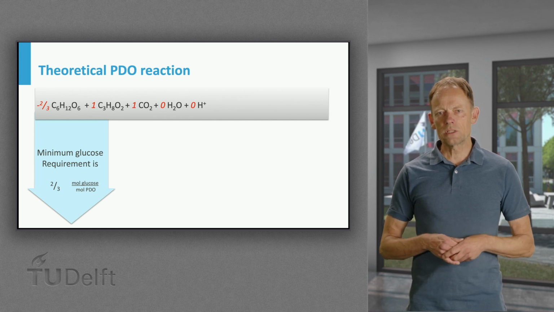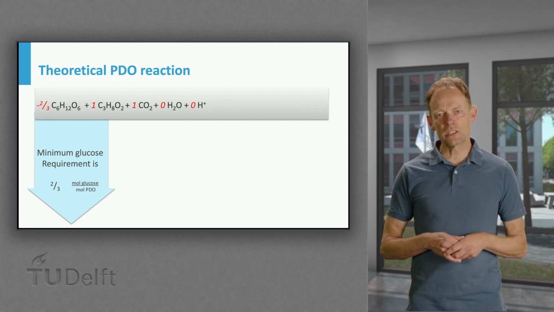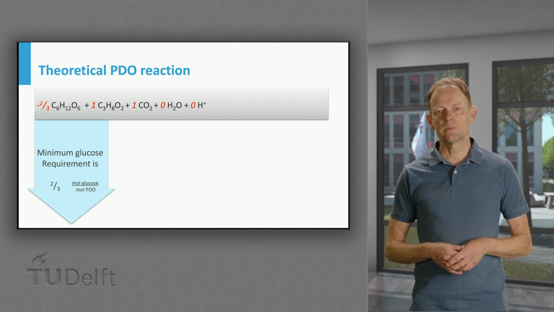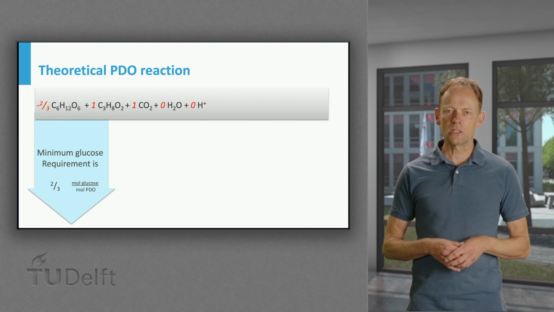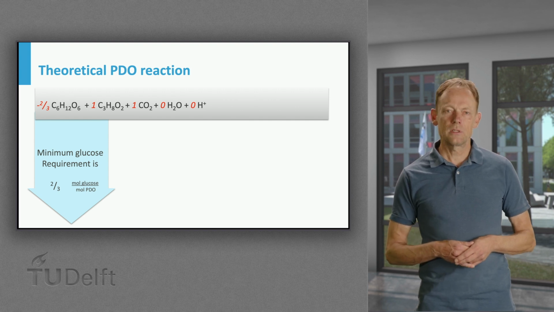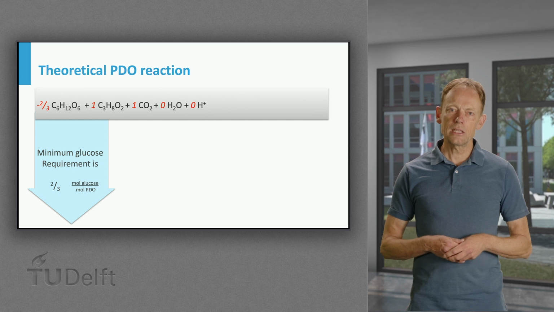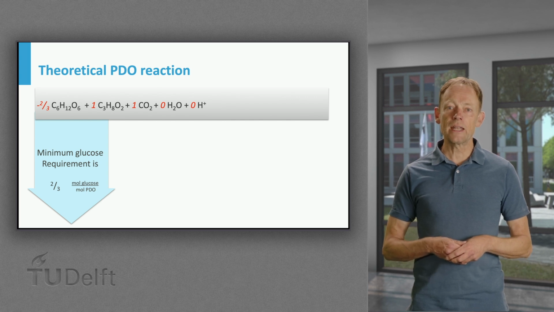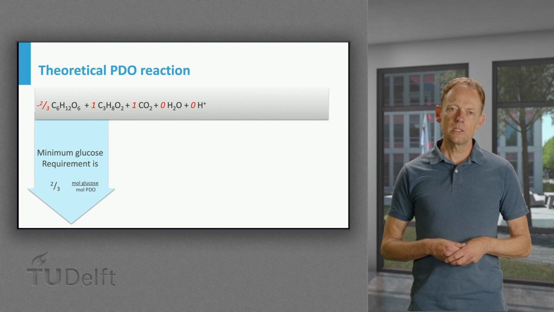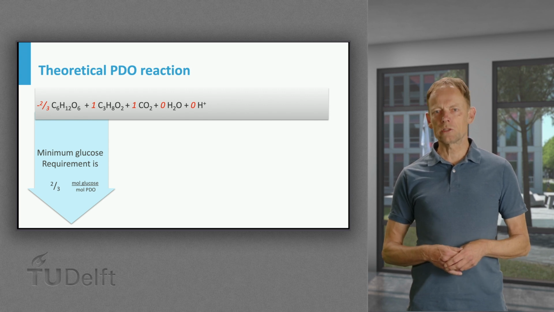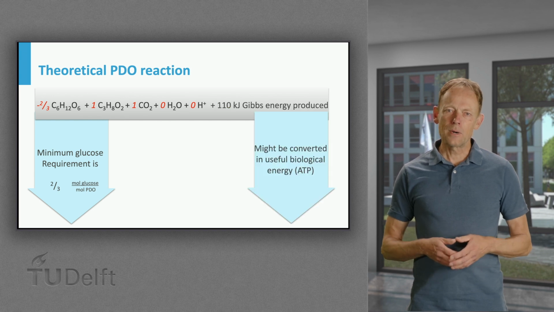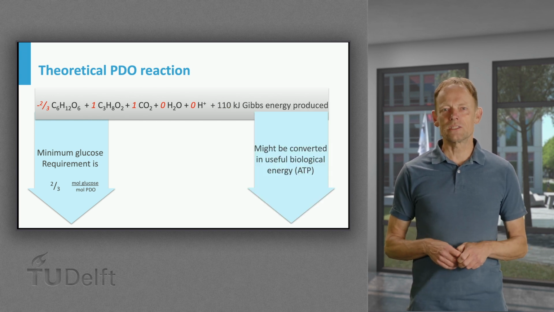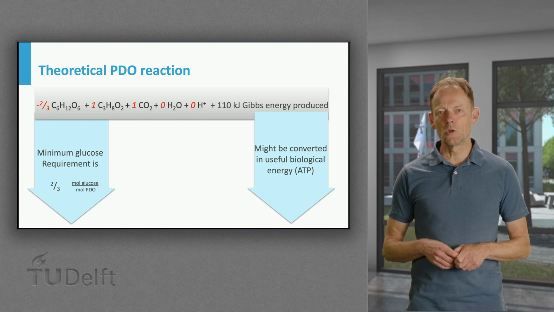A useful step is then to find out if Gibbs free energy is produced or consumed in this reaction. The Gibbs free energy change can be either negative or positive. If it is negative, free energy is released and it is possible to run the reaction under anaerobic conditions. This often applies to producing small molecules such as lactic acid or ethanol, but also for the PDO reaction, in which about 110 kJ per mole Gibbs energy is released.